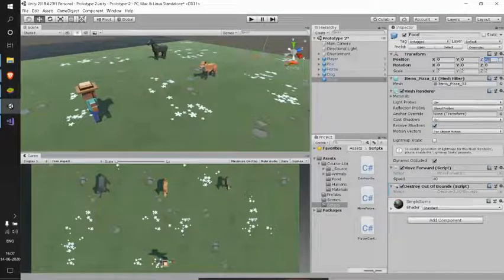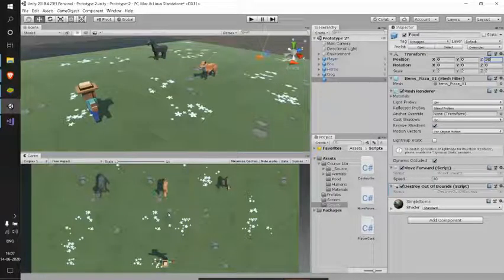Whenever the z value of my food is 30, it's off the screen, right? So whenever the food z value is above 30, I can happily delete that because it's no longer visible in my game view.